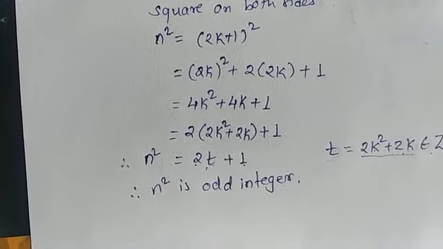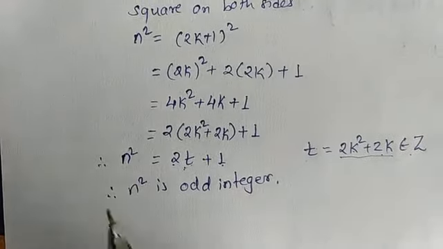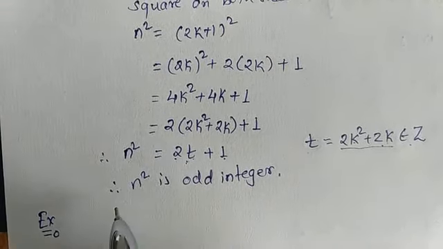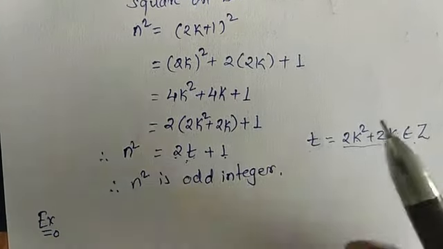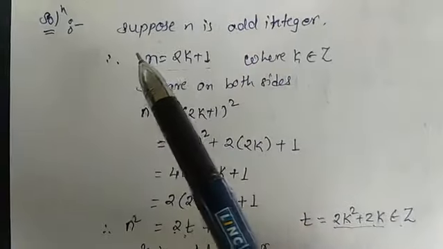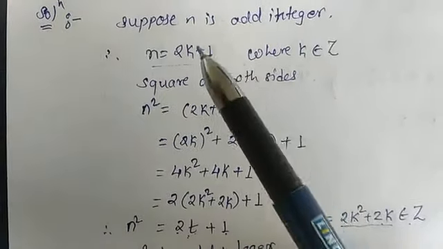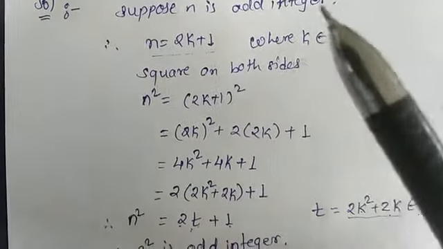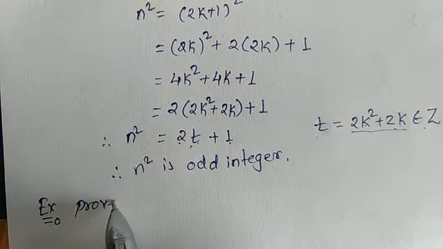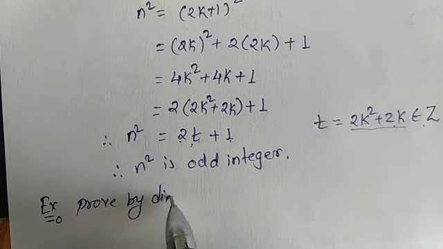Okay, so this is the process of solving the example. For this we have to consider the direct method. In the direct method we consider the statement directly and apply whichever rules we require. Now here the next example is: prove by direct method